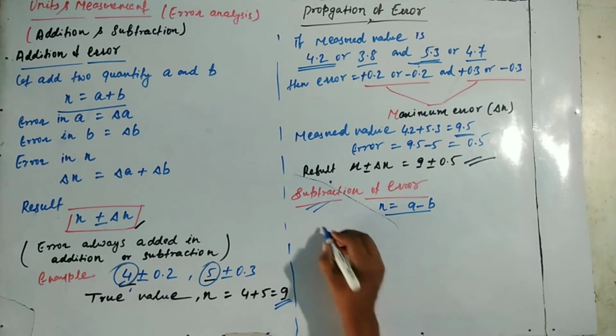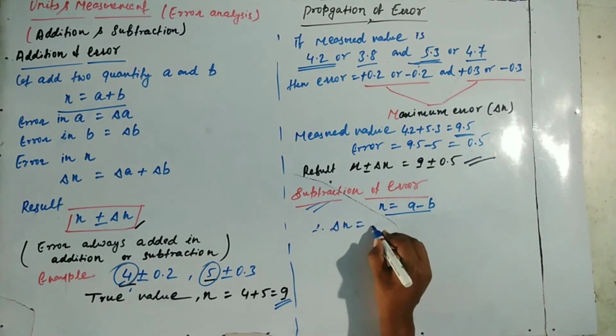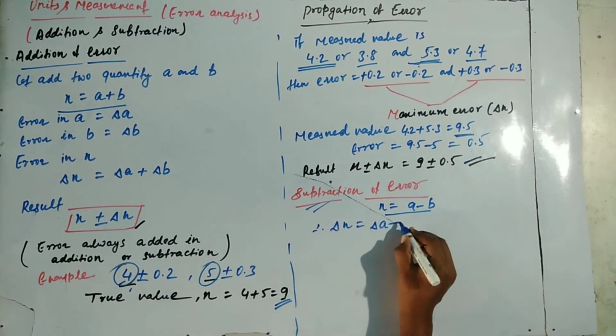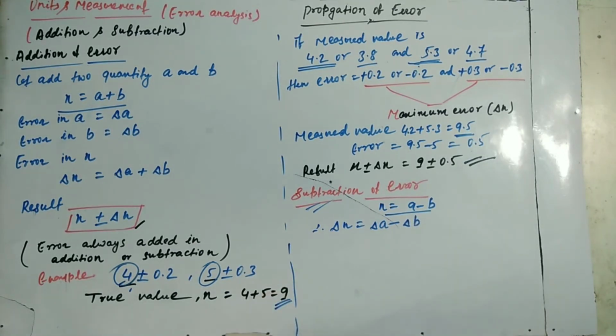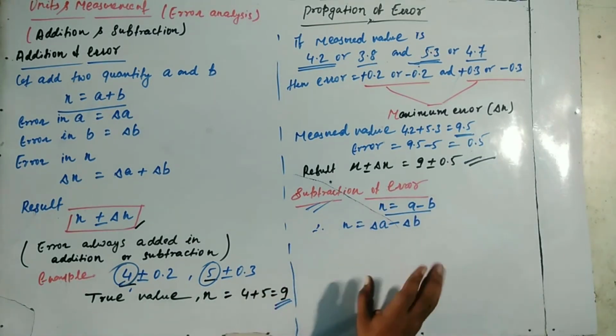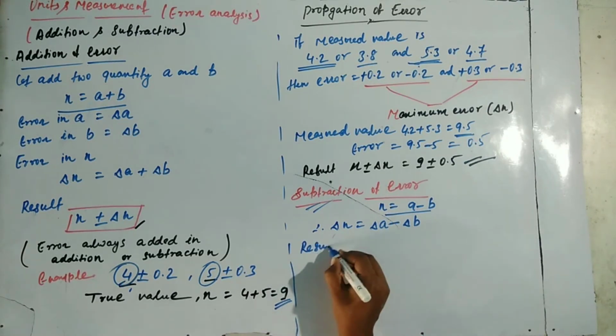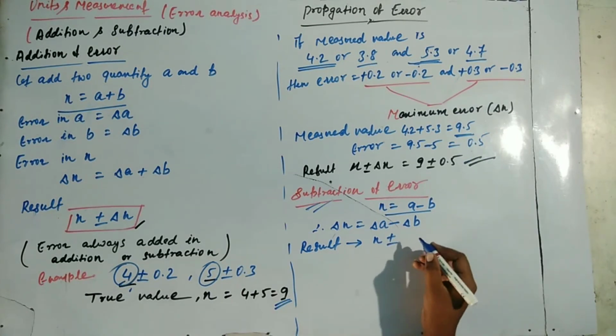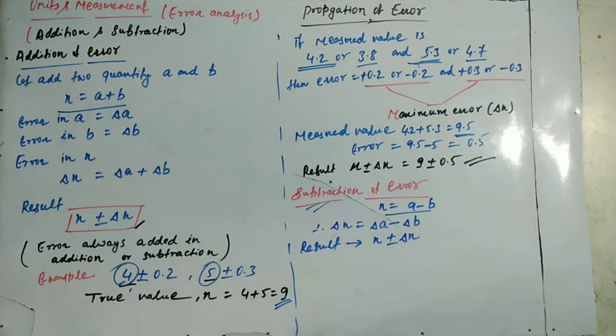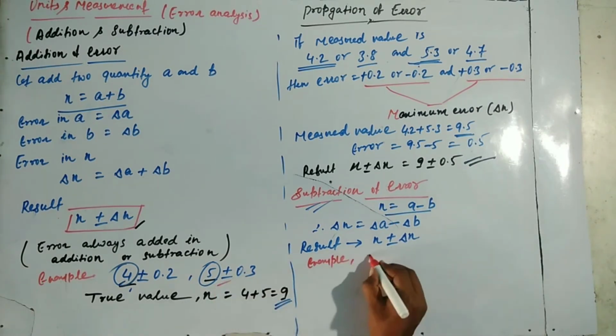So X equals A minus B. Then del X equals del A plus del B, in the same way as addition. Then the result will be the same, X plus minus del X. One important point in error is that you always have to remember,